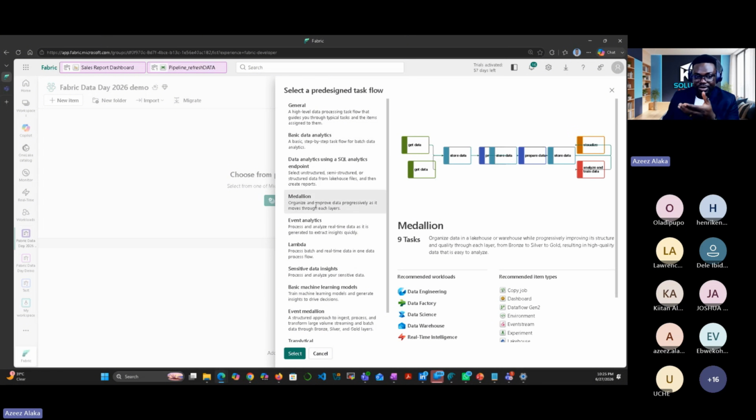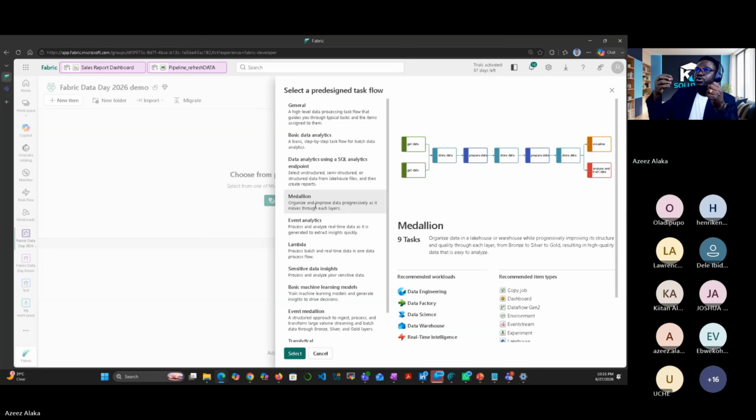If you want to use medallion, that is where you use your bronze, silver, and gold. It's like different facets of your data set. Bronze means when you import the data, you extract and send the data to the bronze the way it is, like the staging data.